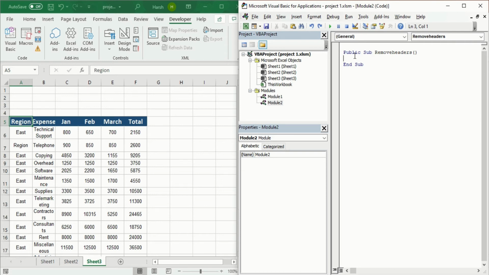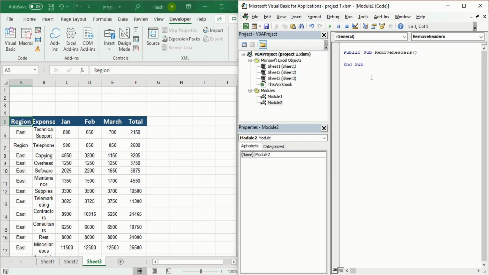After getting into Public Sub RemoveHeaders, put the cursor here and press Tab. The tab gives a hierarchy within our code. It doesn't make a lot of sense, though, since you can write without the tab, but it gives you a vertical hierarchy that shows you are writing some code inside the procedure, so you can easily differentiate what you have written from the normal sub procedure. We are using it for vertical hierarchy.